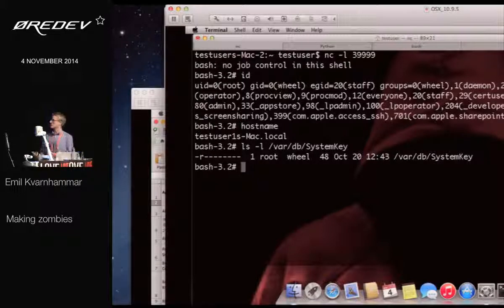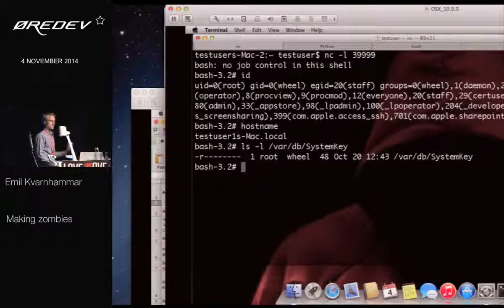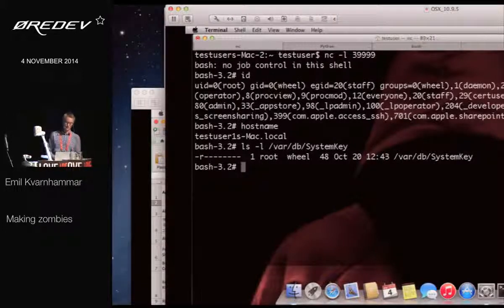Now you probably see that all the Unix-based systems are quite similar, that there are good security boundaries built into the system, but as soon as you become root, then that doesn't apply anymore. In OS X, there is actually a least privilege model, which means that there are still some protection left,